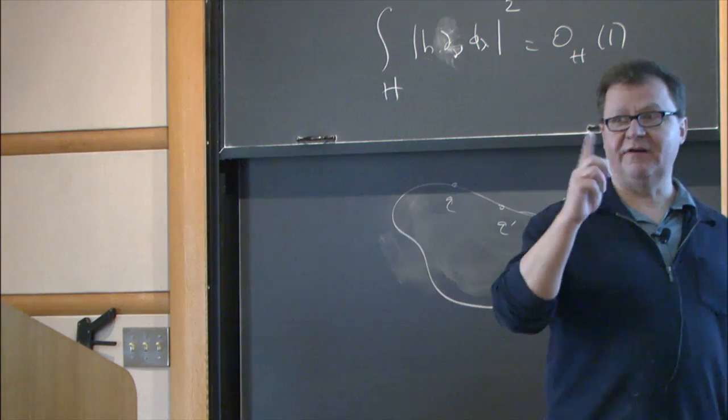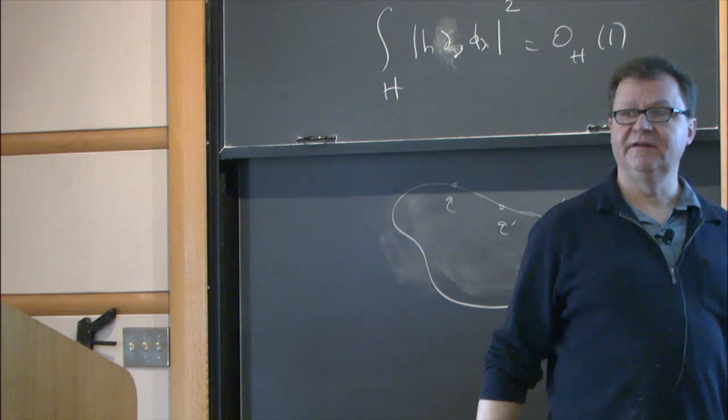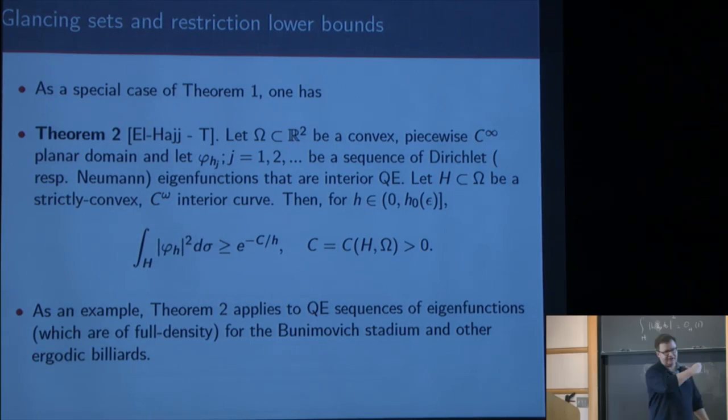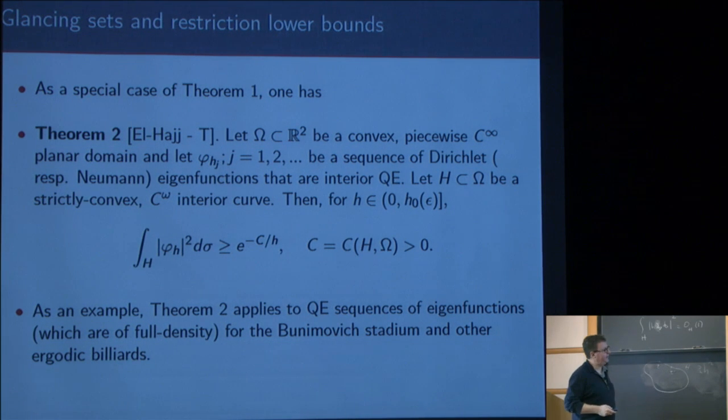There are polynomial powers floating around, okay? Anyway, exponential. But that's certainly true. That's all we need for the intersection. So you can improve this to some polynomial rate that goes to 0. So this applies to QE sequences of eigenfunctions, at least for full density, for the Bunimovich stadium, and